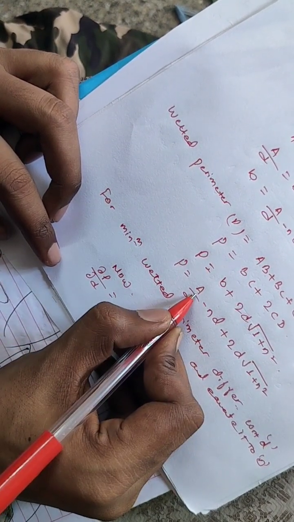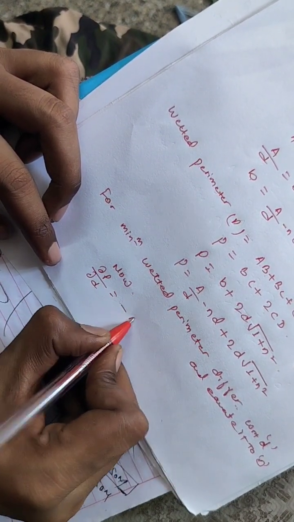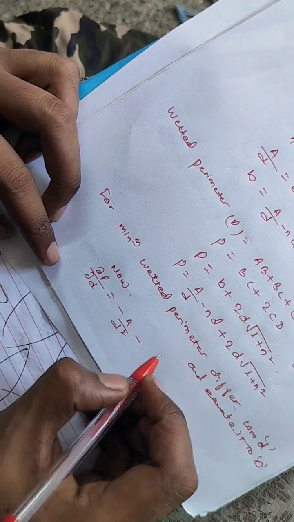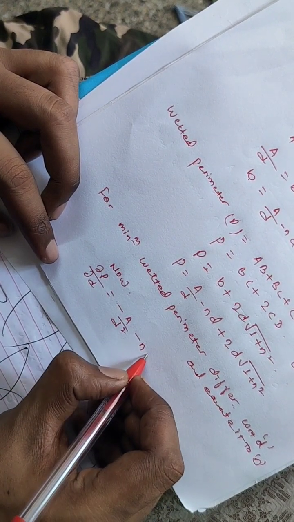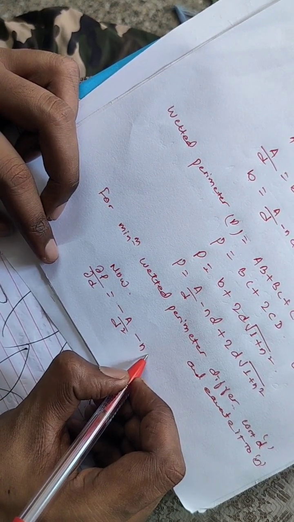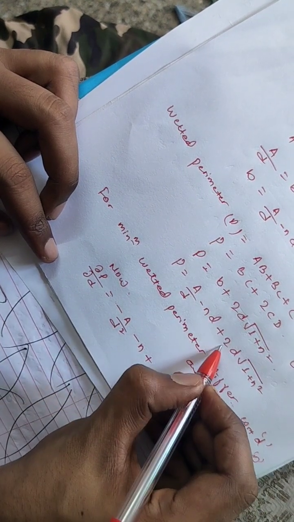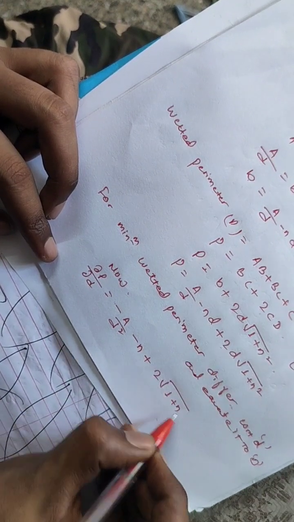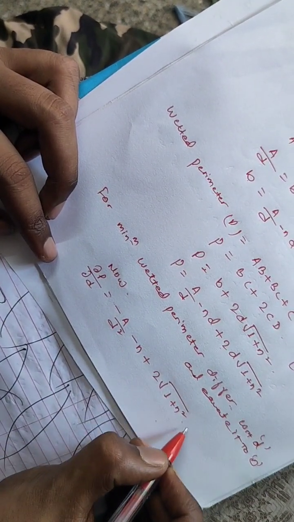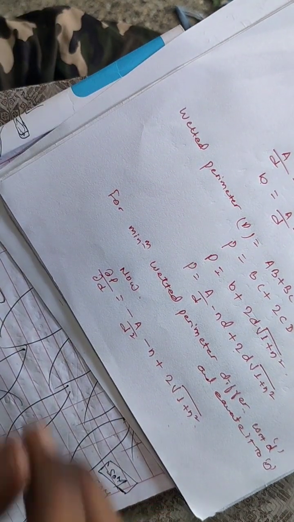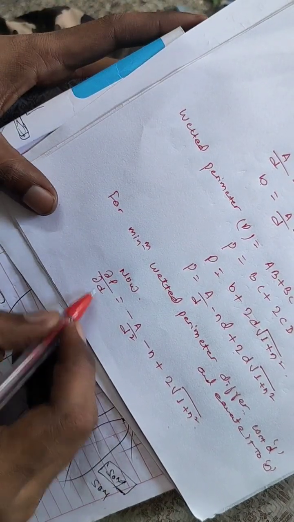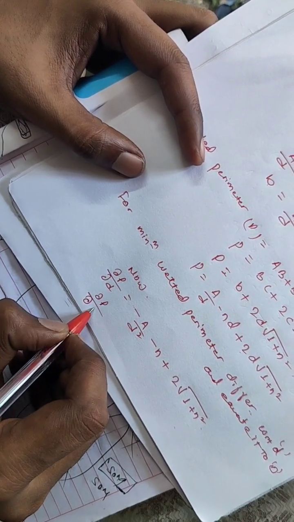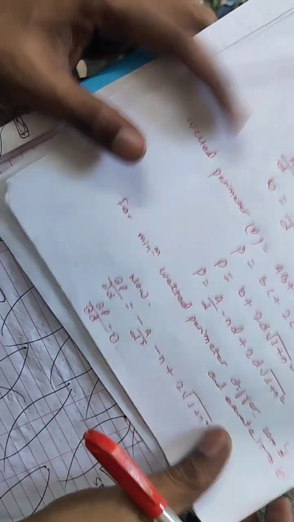will be equal to, if you differentiate A by D, then we will get minus A by D square. If we differentiate ND, n will be the constant, D will be 1, the differentiation of D will be 1, plus here also the 2 and the root under 1 plus n square is a constant, and the differentiation of D will be again 1. And we know that we will equate it to 0. Dou P by dou D will be equal to 0, then this equation will be,